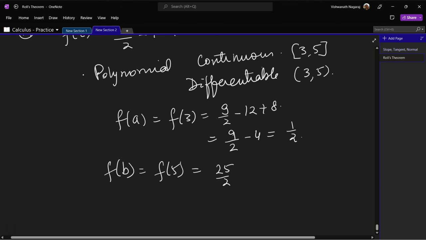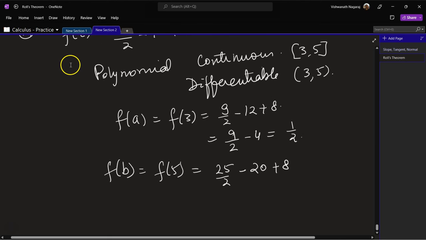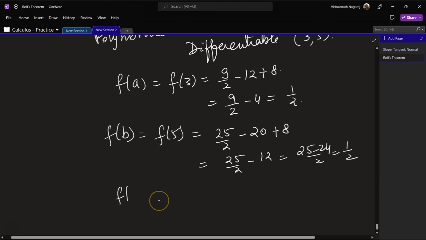So 25 by 2, right? Minus 5 fours are 20 plus 8, which gives us 25 by 2 minus 12, which gives us 25 minus 24 by 2, which is 1 by 2. So f of a is equal to f of b,